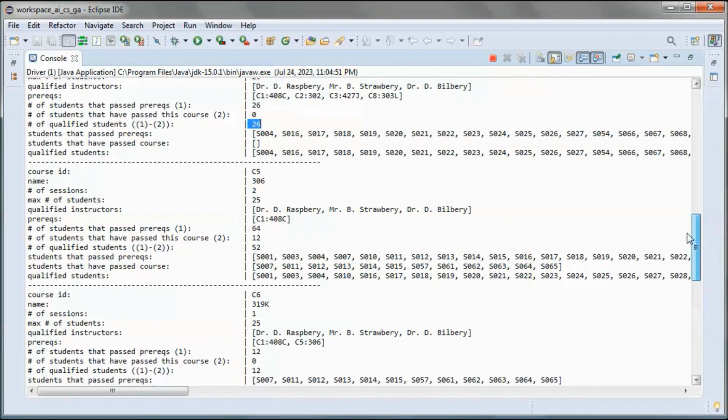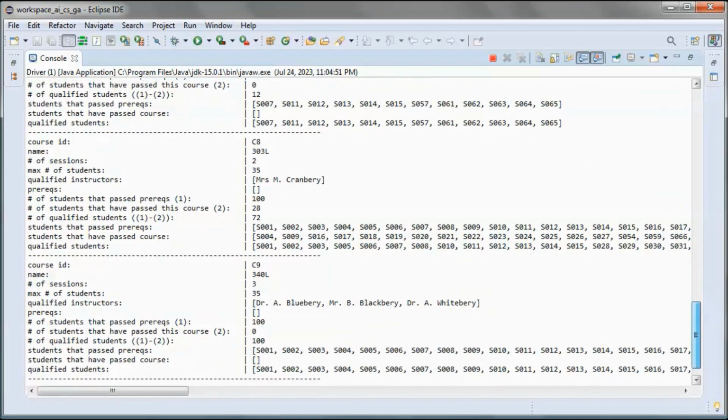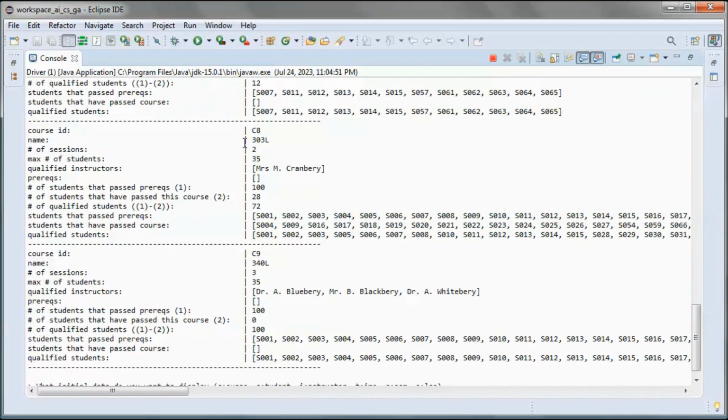And we keep going. So this one has 2 sessions, this one 1 session, and this one 1 session, and this is 2 sessions, and this one 3 sessions.